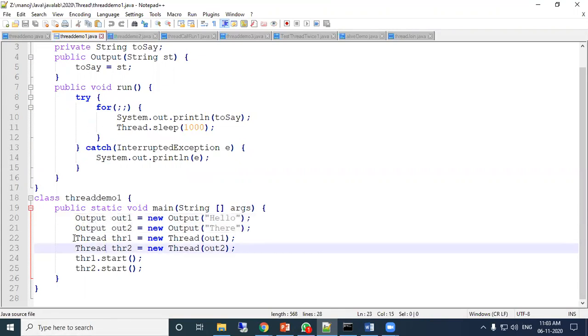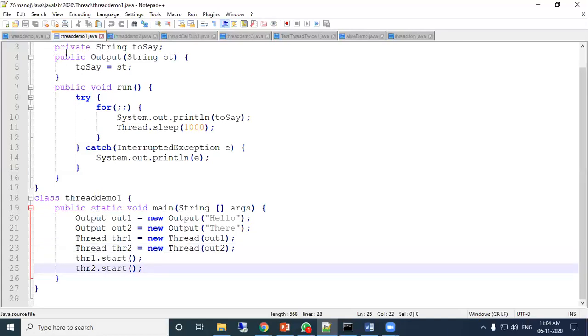Then again we are creating the reference of the thread class, and using that reference the constructor receives this out1, out2 as the parameter. Then thr1.start, thr2.start are required.